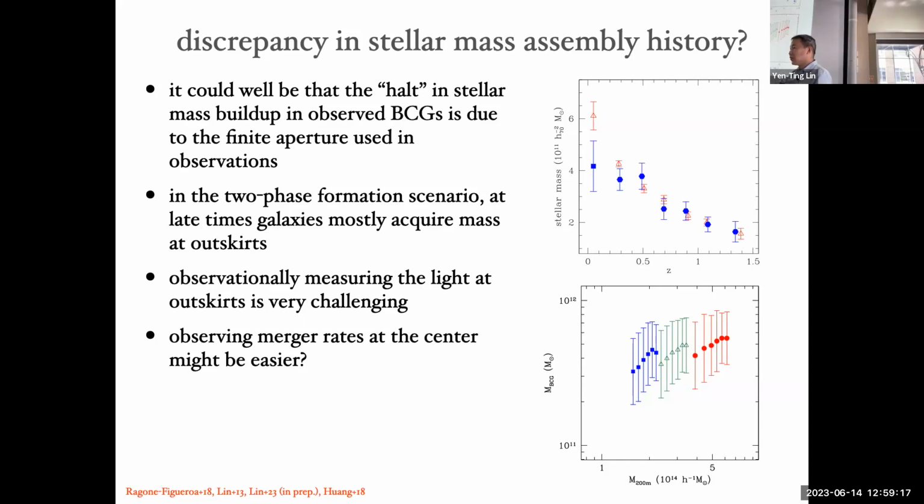50 kpc or so. So my point is, in theoretical models, the mass is mainly accreted at the outer parts. So if we only focus on the inner parts, we will not see much growth. But if we have the capability of measuring the light all the way to say 100 kpc, I believe this will continue to grow, in better agreement with theoretical models.